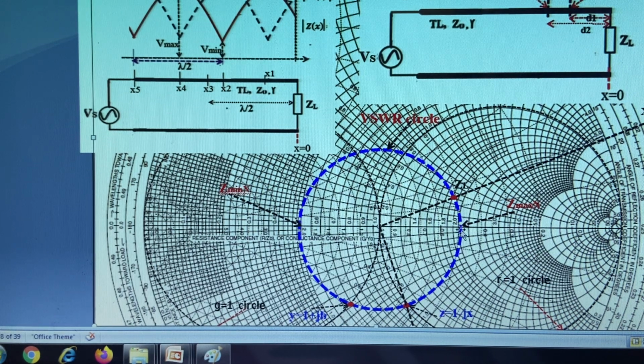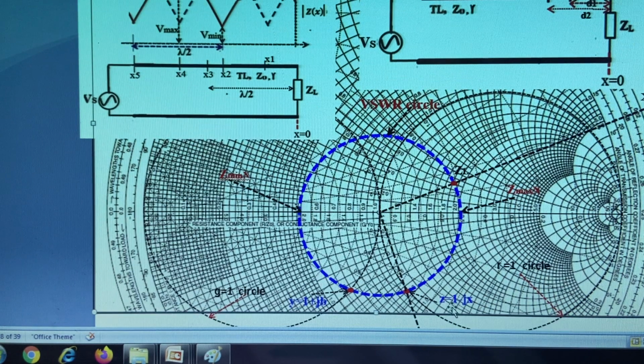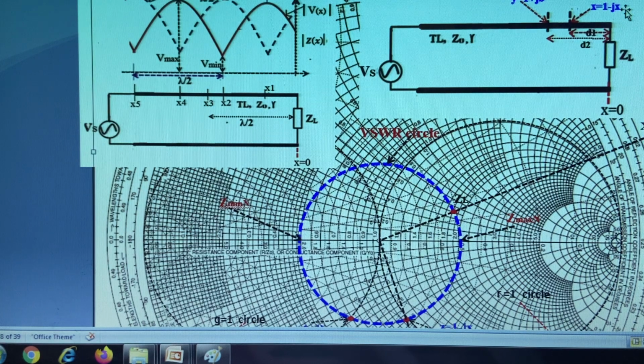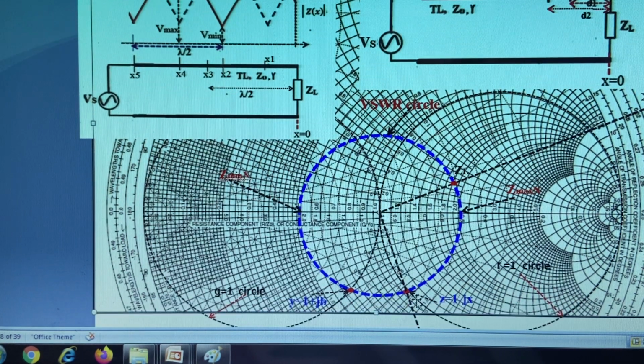The impedance is in this form, 1 minus jx, that is the real part is equal to 1, that is z0. Here the real part is equal to z0. This is normalized, so unnormalized means you have to multiply this by z0. So you will get the real part equal to 50. Like that, at some distance d1 from the load, we have an impedance equal to 1 minus jx.